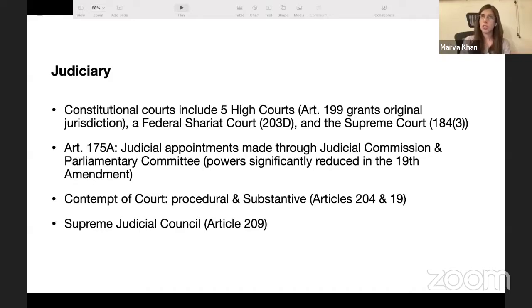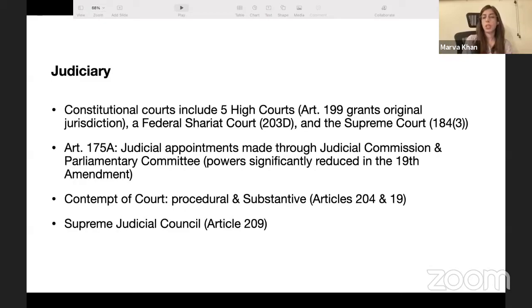It's also interesting to note that the Federal Shariat Court is the only court in the legal system which has explicit suo motu powers granted to it within the text of the Constitution. The Supreme Court's suo motu powers were derived as a consequence of evolving precedent and relying on comparative constitutional cases also. It's also important to know how judges are appointed to these 3 courts. That's done through Article 175A, which again was a new process under the 18th Amendment, and the 19th Amendment essentially tweaked it.